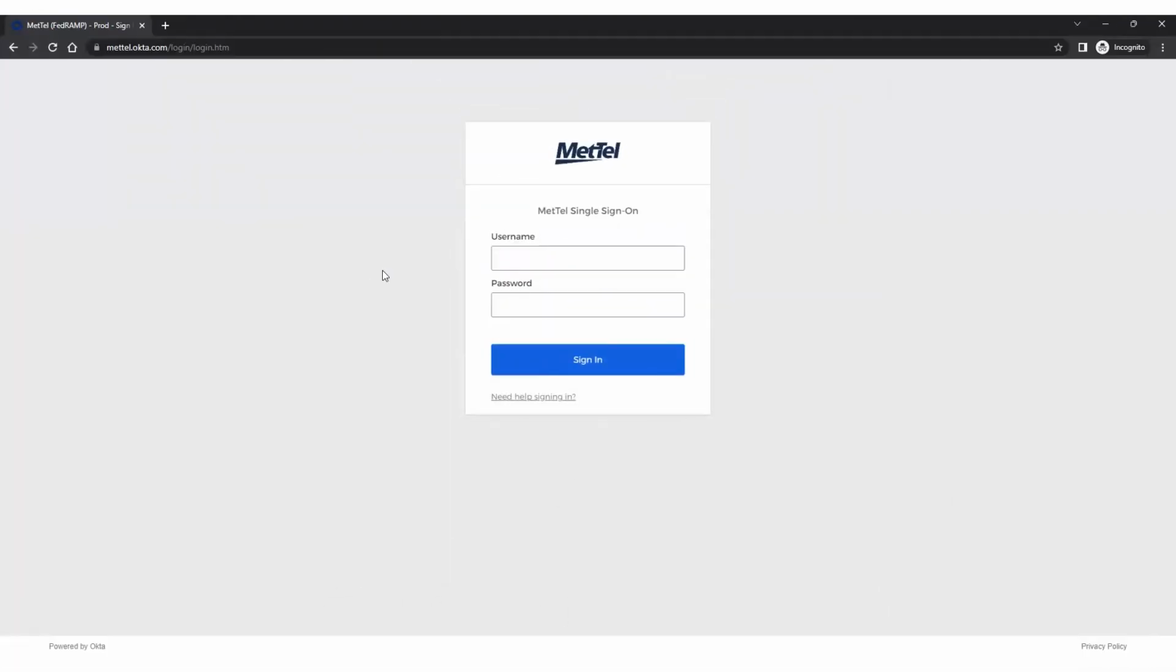In this video, we're going to discuss access to MetTel's voice portal. Access to MetTel's voice portal is through our single sign-on, which is Okta. To access Okta, you will browse to mettel.okta.com and enter your email address and the password that you have